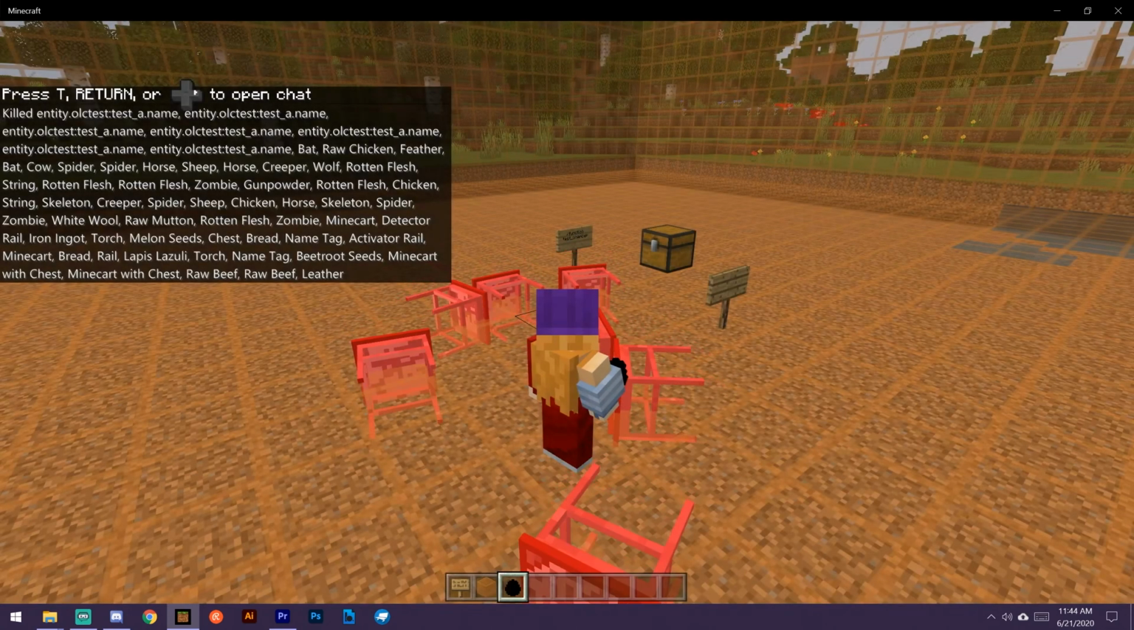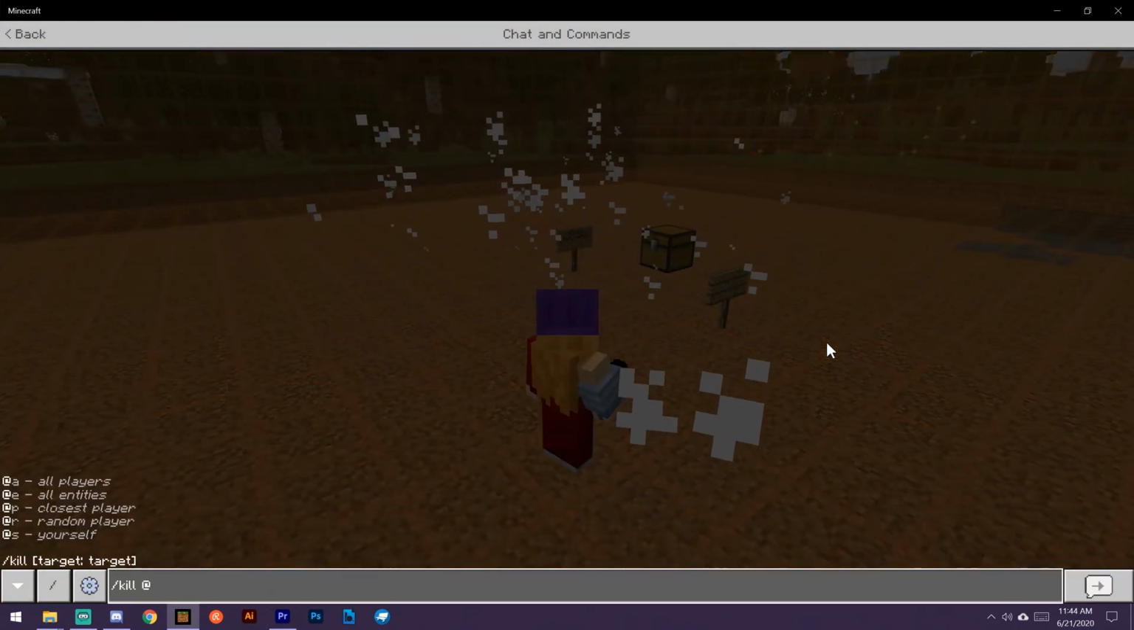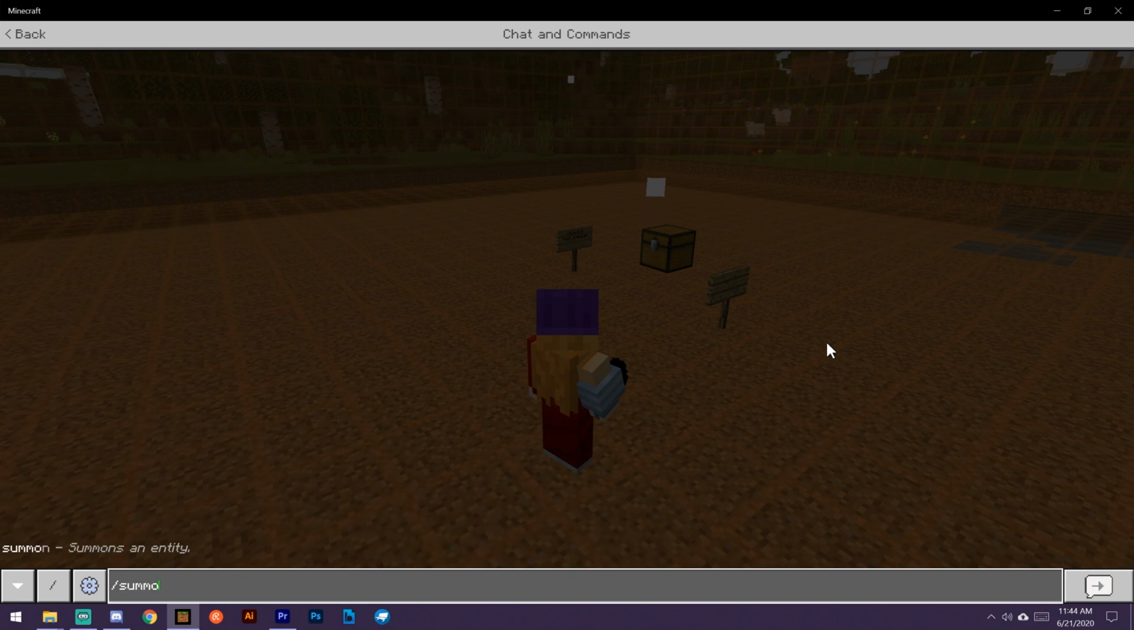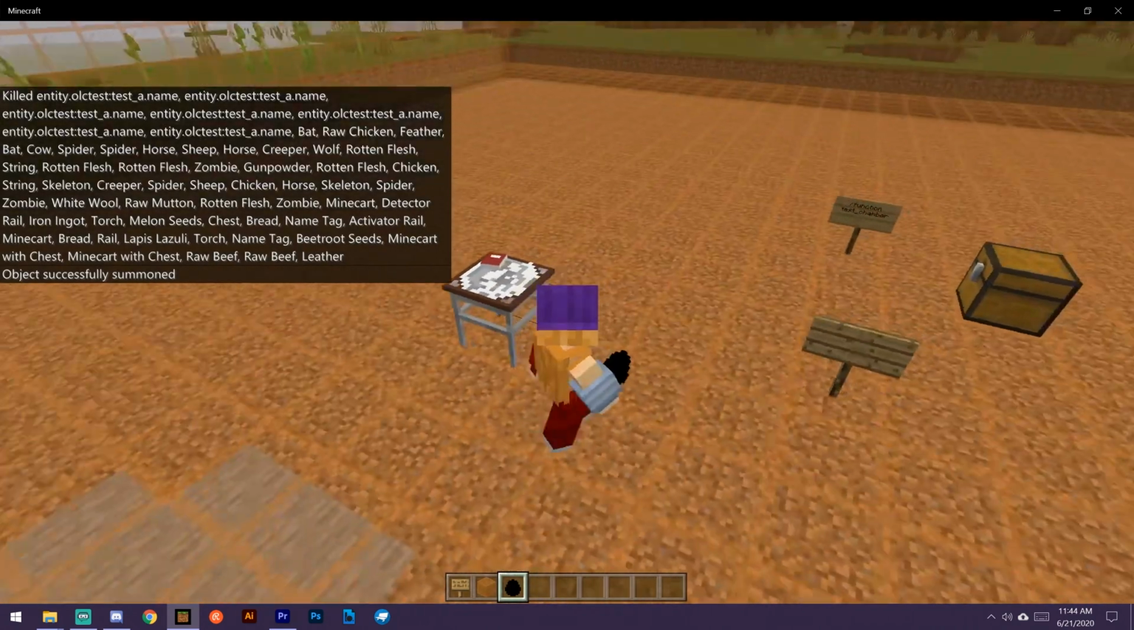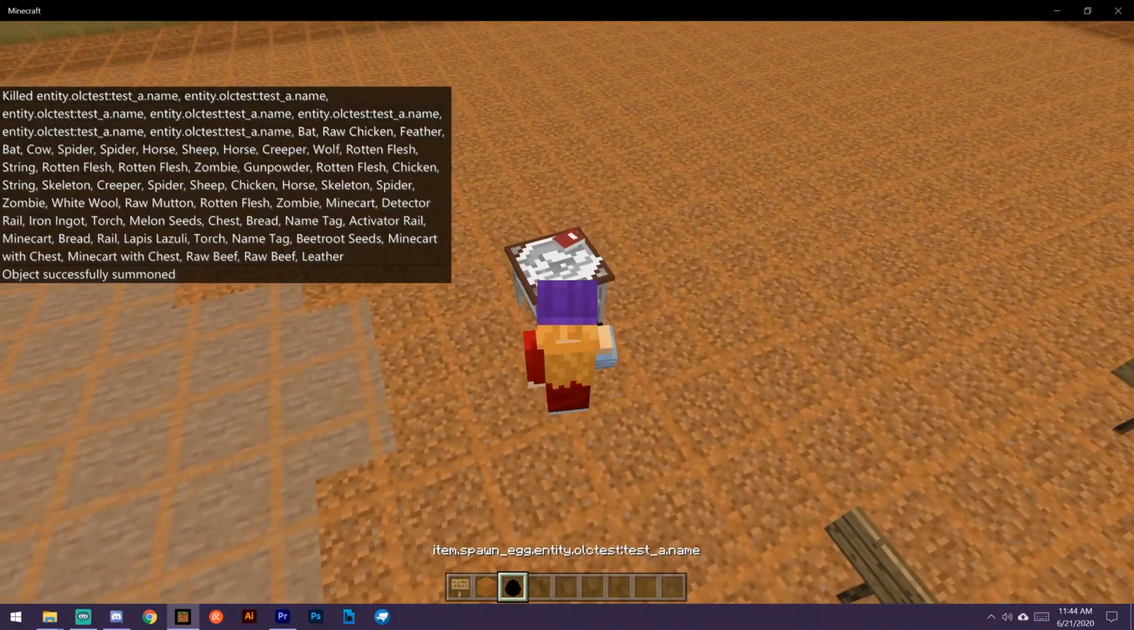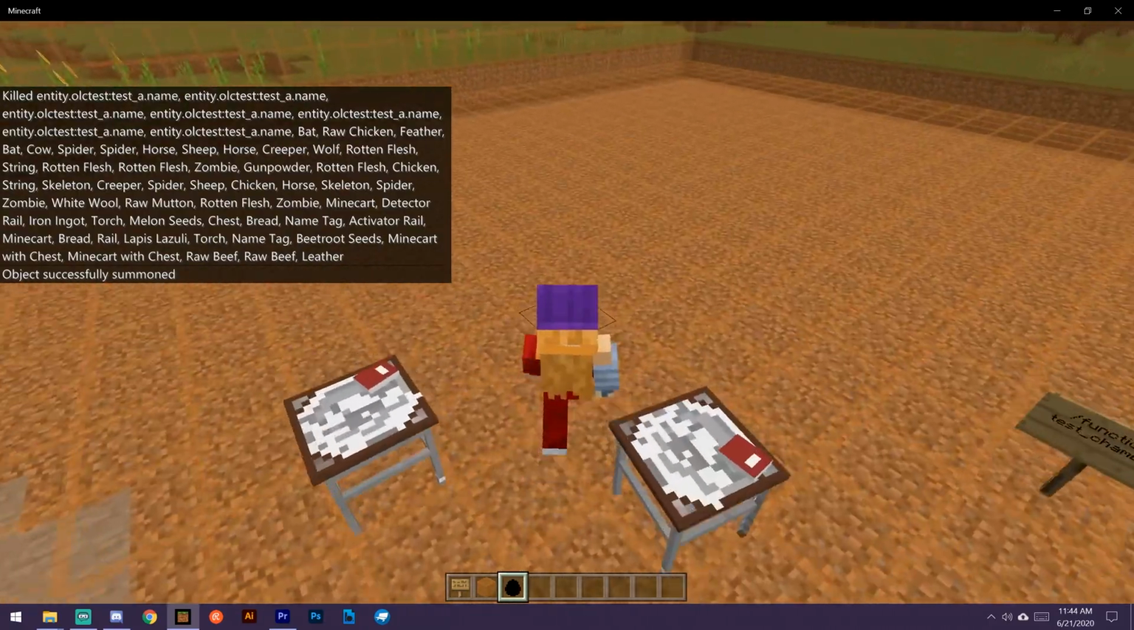You can see here we're going to kill everything, and then we're going to respawn it. You can do it with /spawn and the entity name. You can hit tab to autocomplete, and there you go. If you use your middle mouse button by default, you can